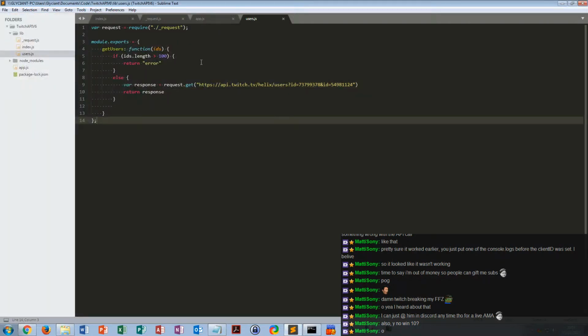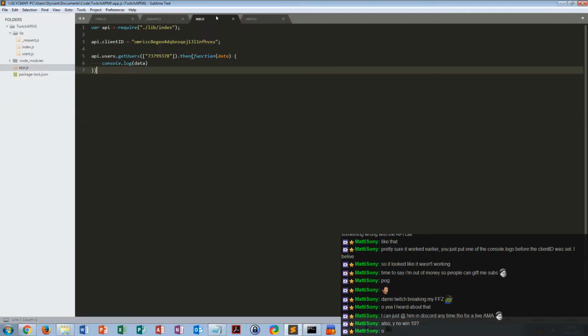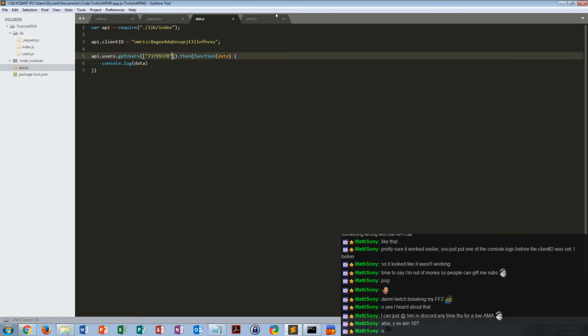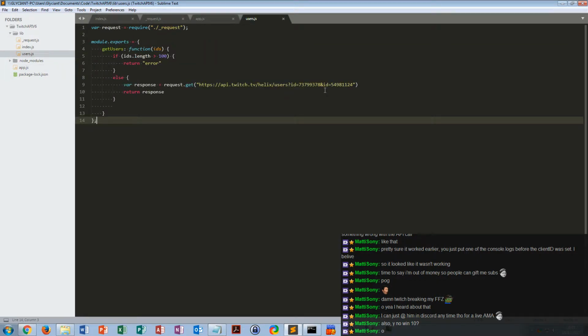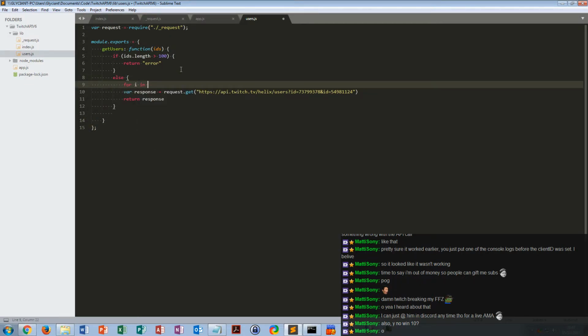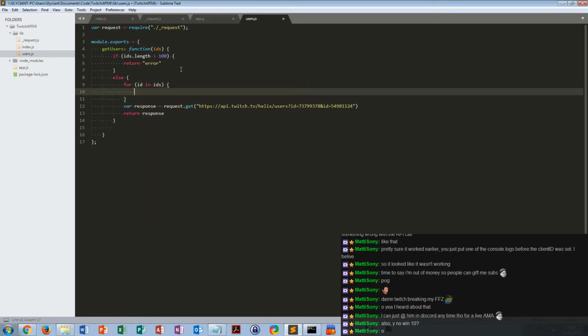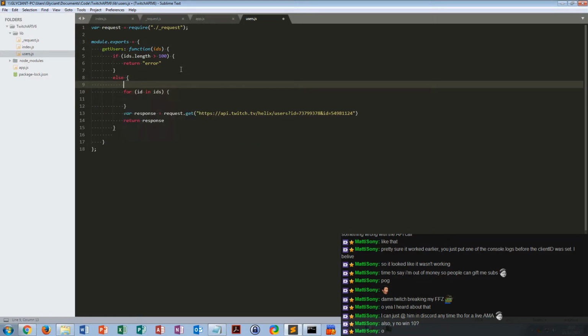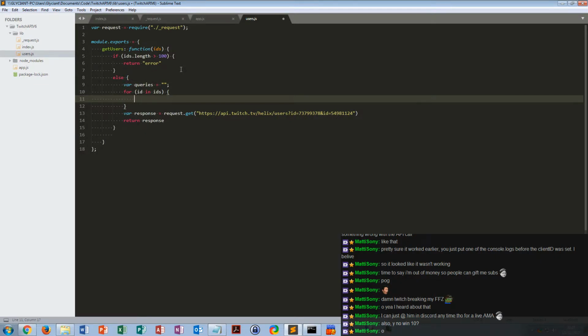Okay, good. That's what I want. I think that's probably the first thing that's actually worked as intended for once. So, just thinking, I need to do, for ID in IDs, what I want to do is query var, queries is nothing. Then